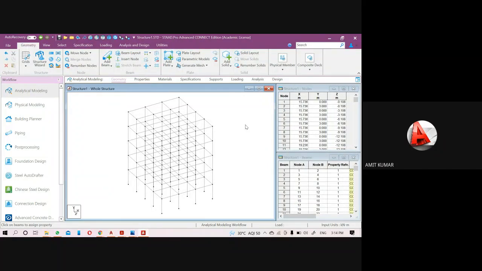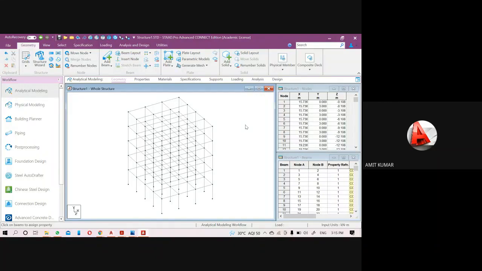So we have a total of two methods of creating plates. First is your single plate, which is created through the add plate option, and second is your generate mesh. Generating mesh is more complicated, and this will create multiple slabs. That means through the meshing we will divide the slabs into a few small portions, and generating mesh will give you more accurate data. That's why we mostly use generate mesh.